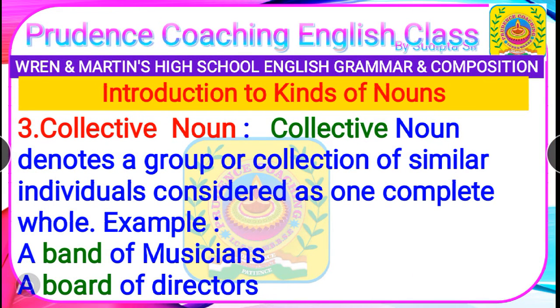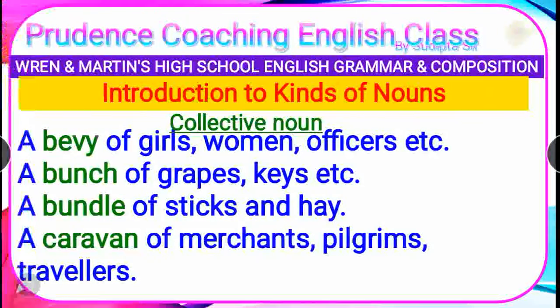Next type is collective noun. A collective noun denotes a group or collection of similar individuals considered as one complete whole. That means collective nouns are often regarded as a whole unit, such as a band of musicians. So here we are saying a band of musicians. That means there are several musicians and we are taking all the musicians as a single unit. So a band of musicians, a board of directors,